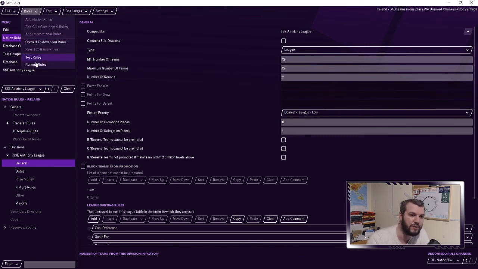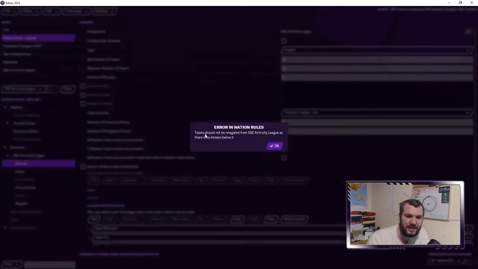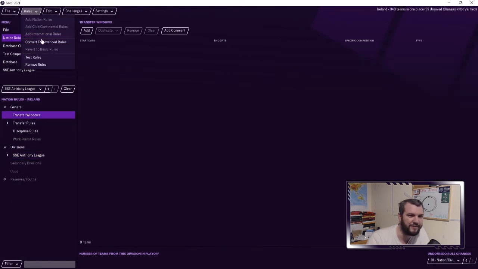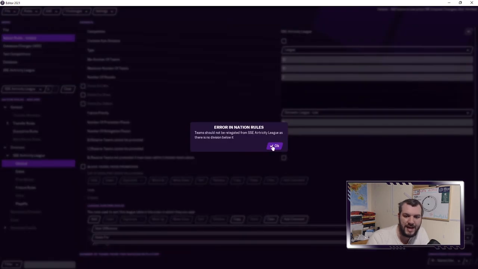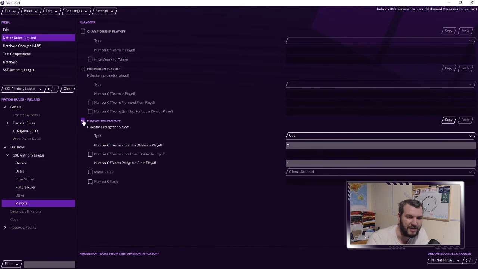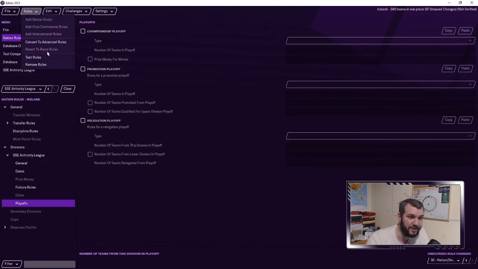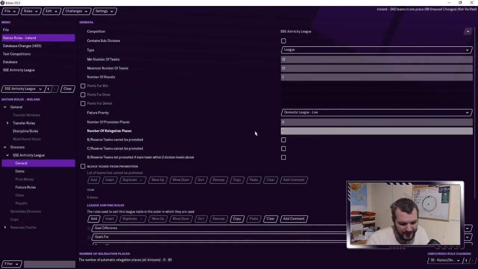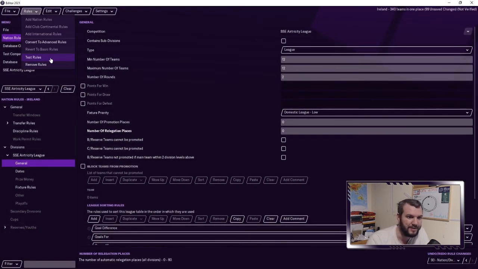What you then do is rules, test rules. Teams should not be relegated from SSE or SSE 1 as there is no division below it. That's handy. And if I go to transfer window, and then click test rules, it'll pull me to the problem. This I really like. Get rid of that relegation because there's nothing beneath it. Go back to rules, test. There should be no relegation. Okay, so get rid of that because there's no relegation. Test rules,